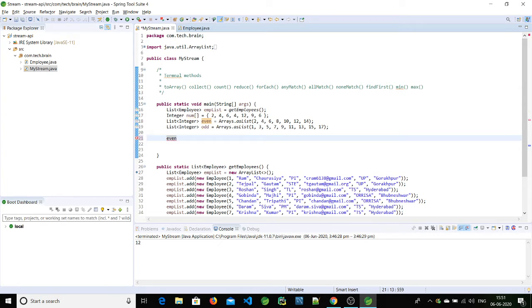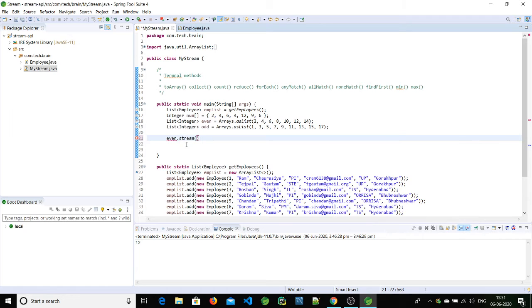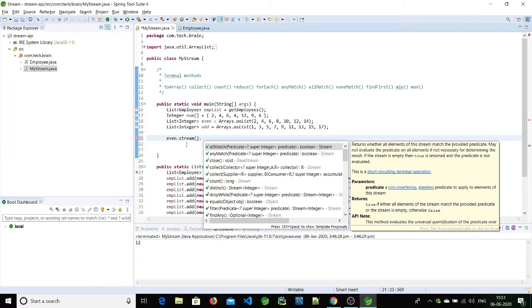Since this is a list, we can directly call the stream method on that list. I want to multiply each number by 2, as we learned in our previous lesson, so we can use map.